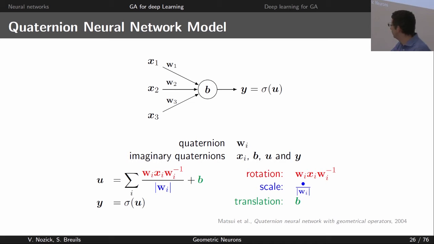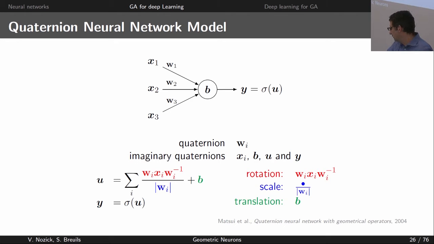And then if you do in green plus the bias, that is also an imaginary Quaternion, then you make a translation because you just add 3 components. So we have scale and translation, so it's kind of good. In terms of geometric algebra, we are not usually satisfied with this kind of way of writing because this is not the way we like. But still, it says what it pretends to do. So that one looks good.